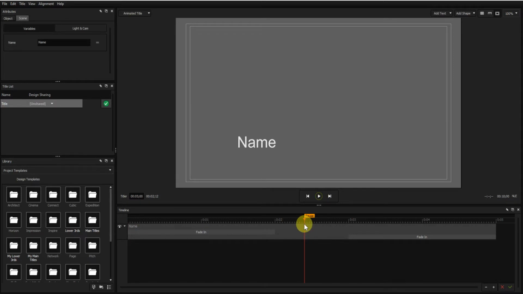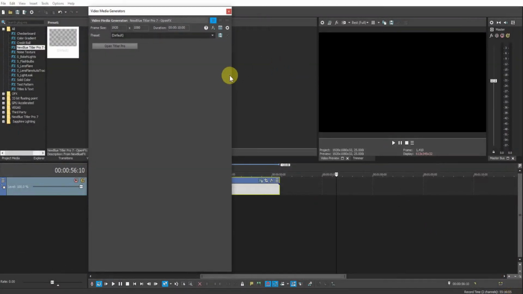Now that's the elastic timeline in operation, where the pause period is equal to the difference between the NLE generated media length and the Titler Pro 7 timeline length. I will now switch back to Vegas Pro by clicking the green check mark, which will save any changes made to the title, and go back to Vegas Pro, double click that,